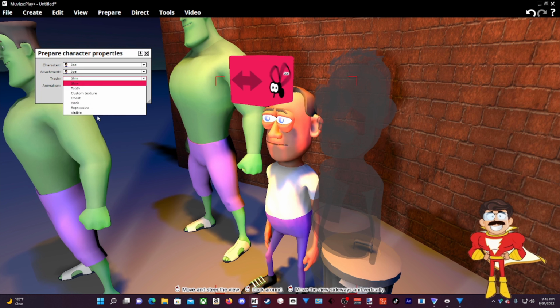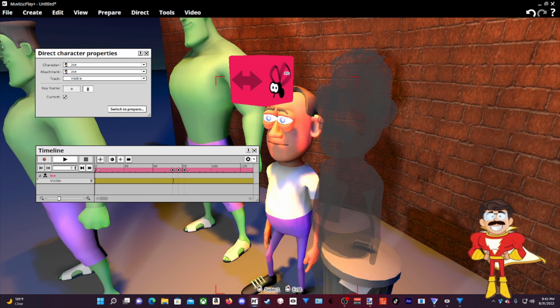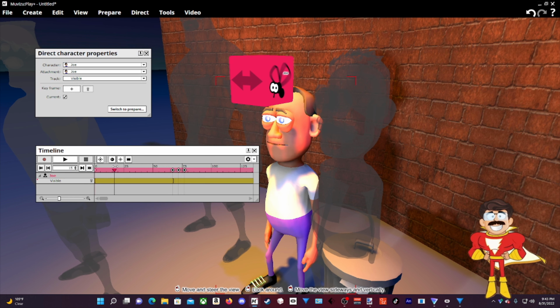I'll do the visible, and I already got it set, and I'll put it on keyframe. After I do a little act of him getting mad with one of the anger actions,